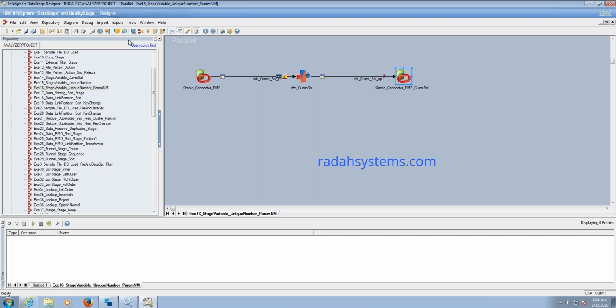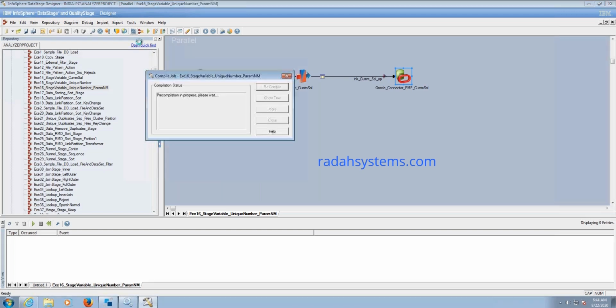It's getting saved. Compile the job. Job started compiling. Still it's compiling, about to complete.